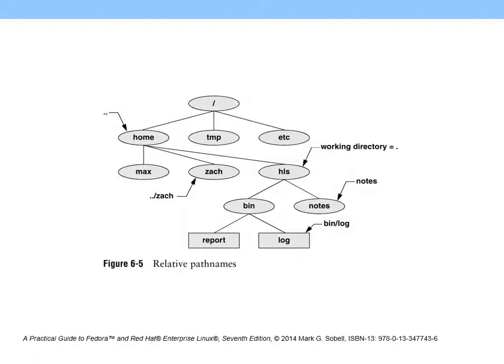So if I'm at Zach and I want to go back up here, I can do dot dot / Zach and it takes me right back to the home directory. Does that make sense? From the home directory, if I do dot dot / Zach, it'll take me down to here. Or I can just do cd space Zach. Those are relative paths. Remember, if you use dots, you got relative. Otherwise, you're absolute. If you wanted to go all the way to the root directory, you can do dot dot /, or just dot /